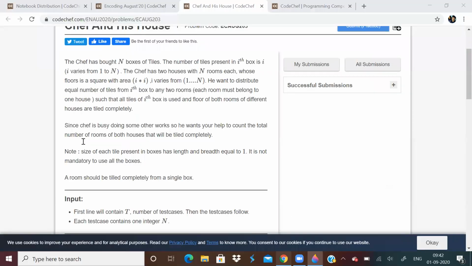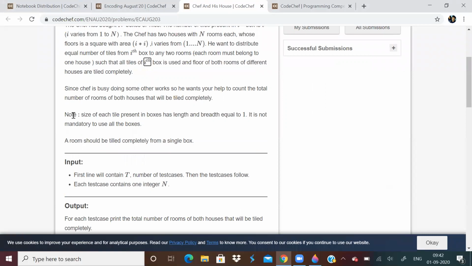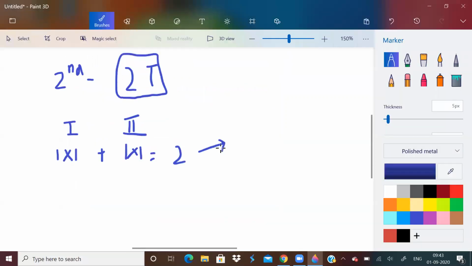We do not have to use all the boxes. A room should be tiled completely. We cannot leave it untiled or incomplete, but we do not have to use all the boxes. It is not mandatory. So essentially from this example, we can get a formula for the ith room.